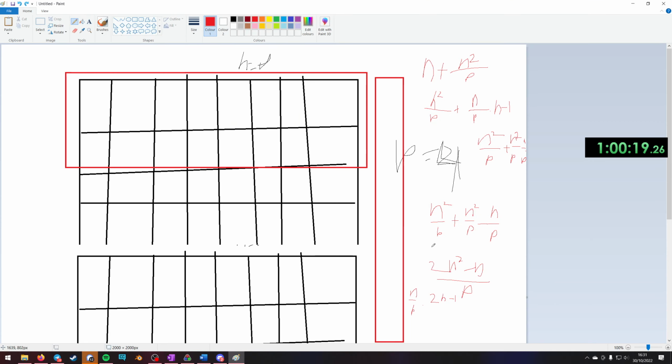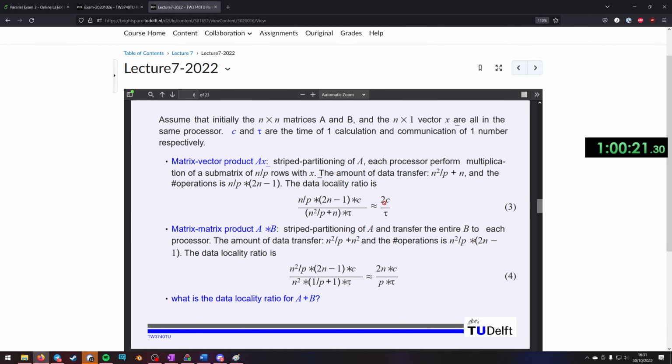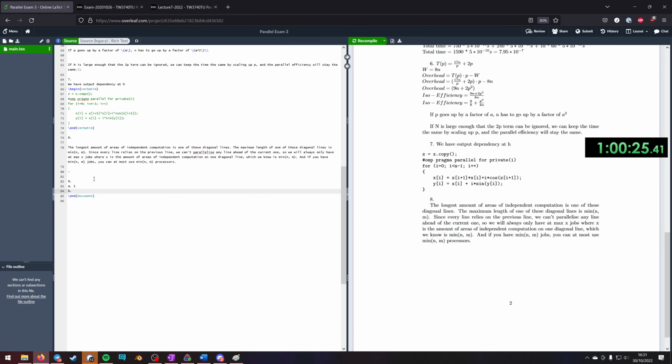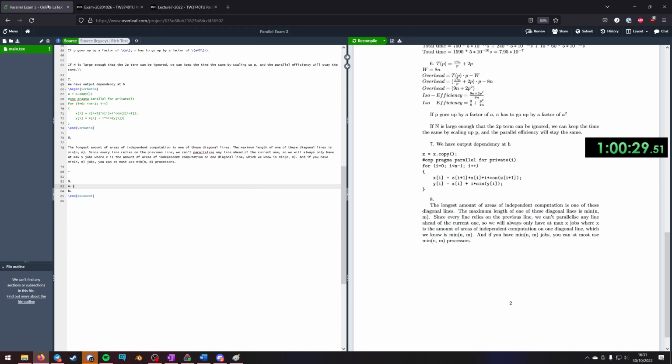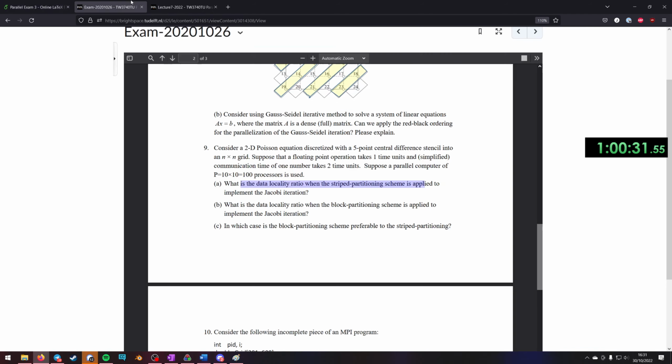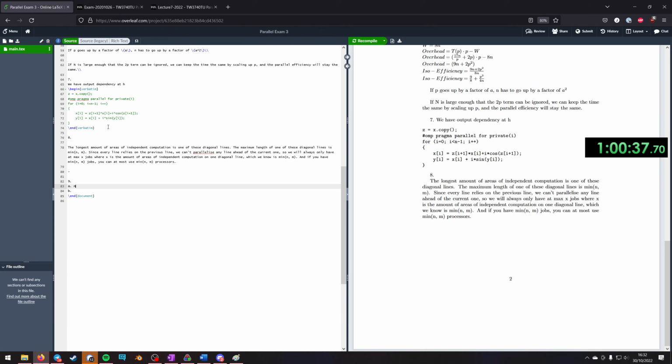So this makes a whole bunch of sense. And also my 1 is incorrect because it's doing more than just that. So it's not exactly 1 because this is an approximation. The answer is, what was the exact question? N by n grid, 100 processors. So n